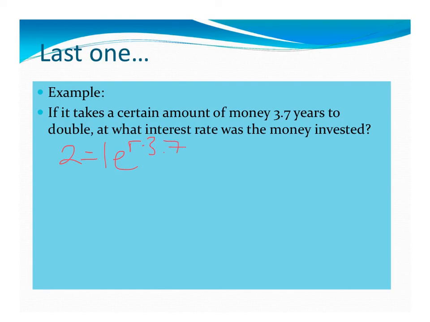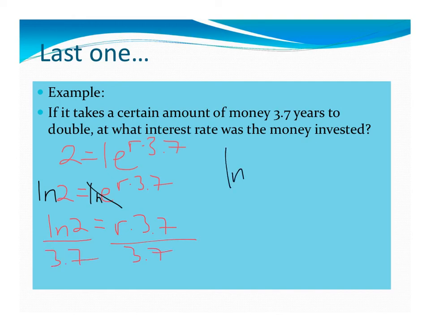The same process applies. I'm going to divide by 1, which gives me 2 equals e raised to the r times 3.7. Take the natural log of each side. Gone. Natural log of 2. Remember, if it's like tripled, you're going to see 3 here instead of 2. It's not always going to be 2. All right? So I have r times 3.7. If I divide by 3.7, in my calculator I'll have natural log of 2 divided by 3.7, which equals about